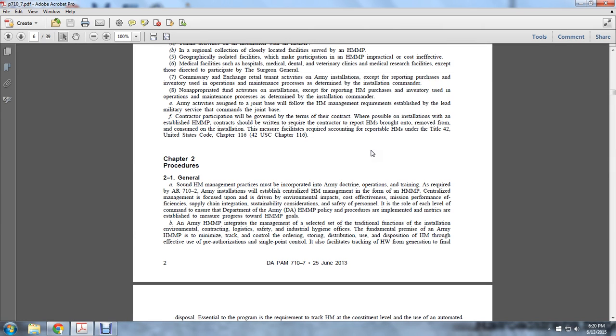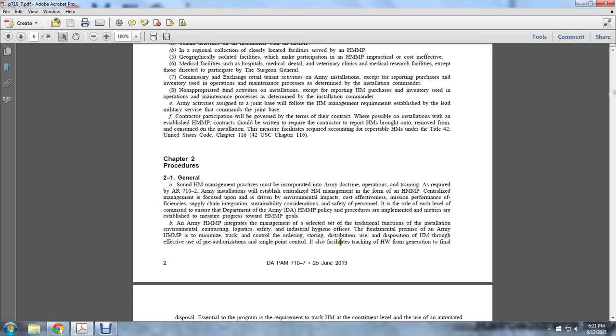The role of each level of command is to ensure the Department of the Army hazardous material management policy and procedures are implemented, and metrics are established to measure the progress of hazardous material management goals. In the Army, the HMMPS integrates in management a selected set of the traditional focus areas: installation, environmental, contracting, logistics, safety, industrial hygiene offices. Fundamental premises of Army hazardous material management: minimize, track, control ordering, storage, and distribution of hazardous material, effective pre-authorization,